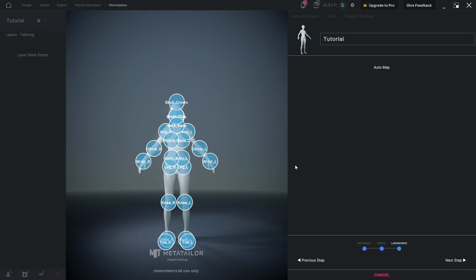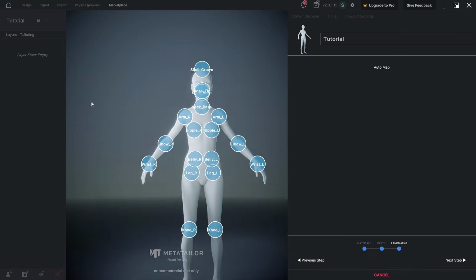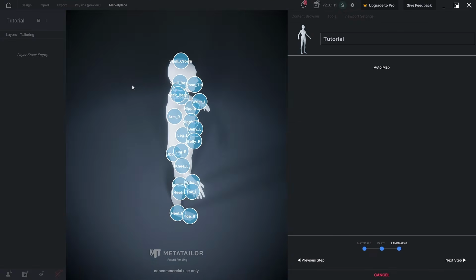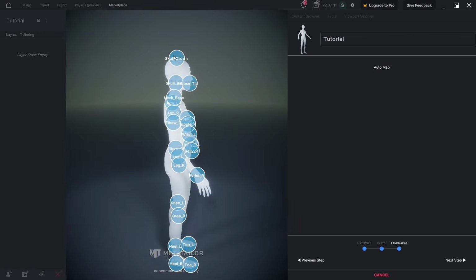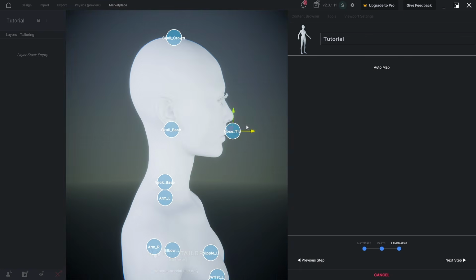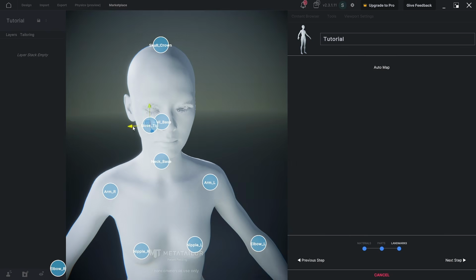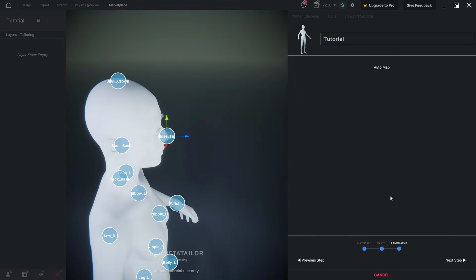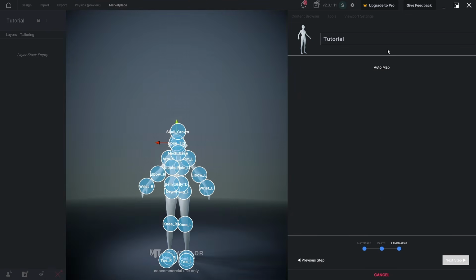Now we have all the bone names listed. They're usually correct, except for one bone that might need manual fixing. Just double-check and adjust it if needed. If you zoom in and notice that the nose tip bone is inside the mesh, don't worry. Navigation works just like Unreal Engine, so it should feel familiar. Just select the bone, move it to the correct position, and then click Next Step. And now we're all set.